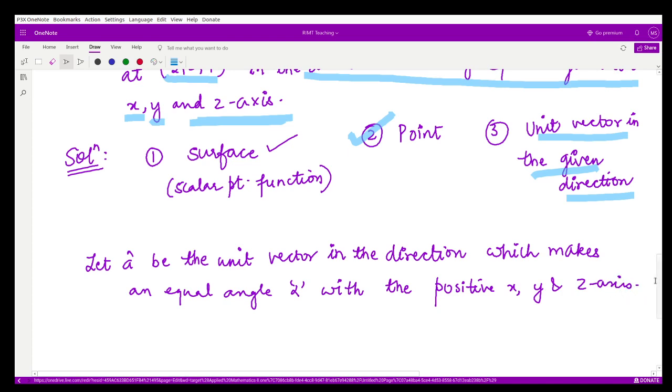So what would be that? If I have assumed this angle to be alpha, so